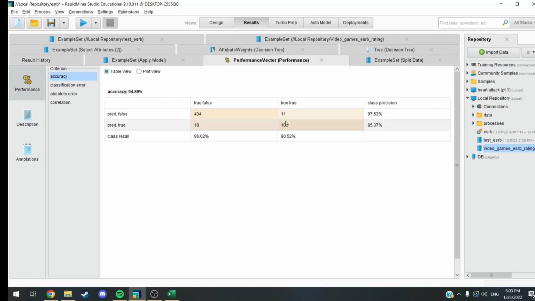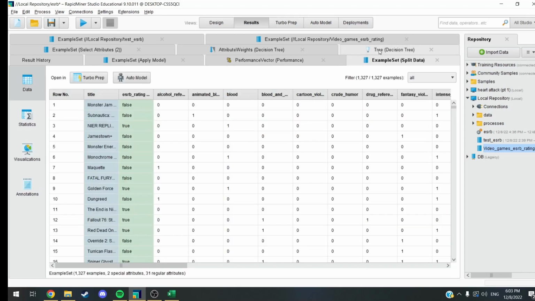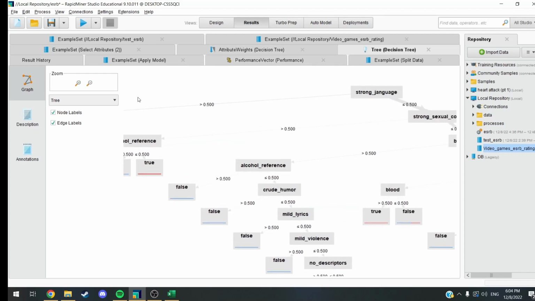This is what we're concerned with because the maturity of a game, I think I got into this a little bit ago, determines whether or not a certain audience is going to be able to play it. Like young kids aren't always able to play mature games, right? Parents might not let them. They might need to buy it with their own money, and the store won't let them, and that's a concern, right? So let's take a look at the actual decision tree.